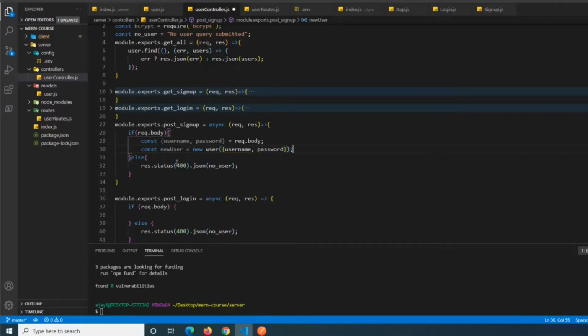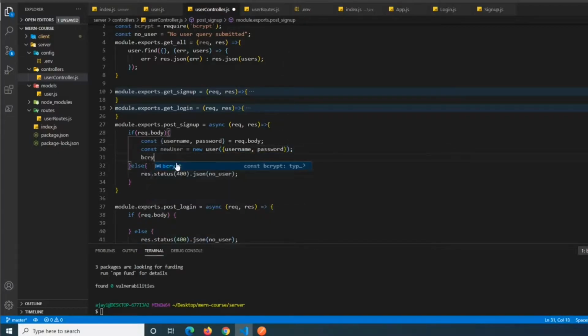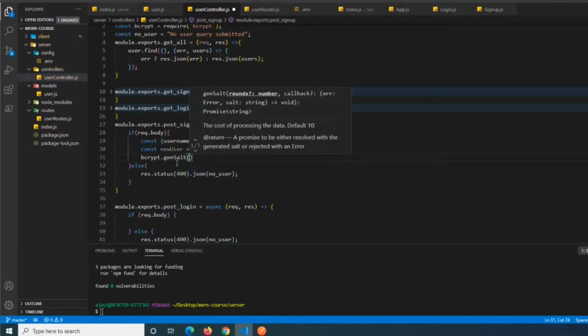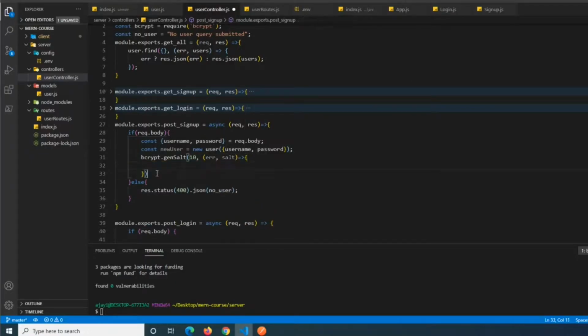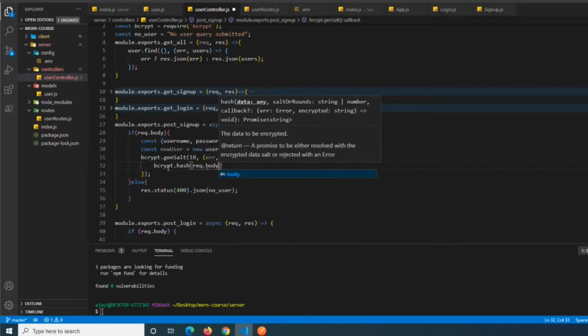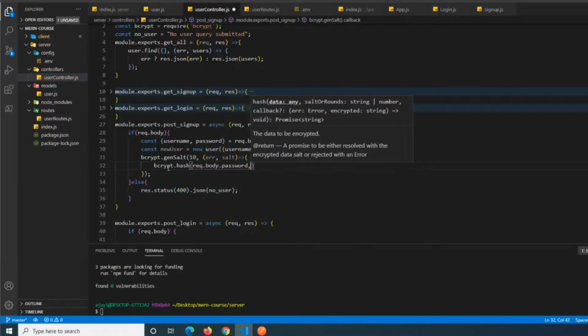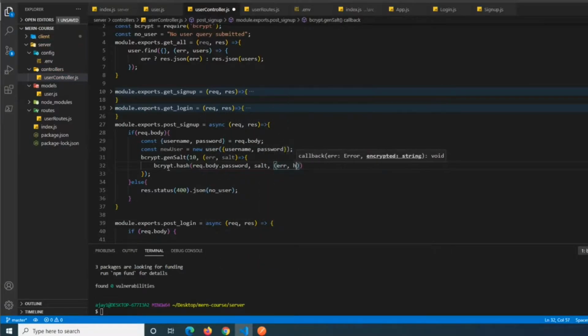Set that equal to the username and password. We're going to do bcrypt.genSalt(10). Oh, that's supposed to have a 0. Error, salt. And then we're going to open up another arrow function in here. We're going to semicolon that off, and we're going to do bcrypt.hash(request.body.password, salt, error, hash,